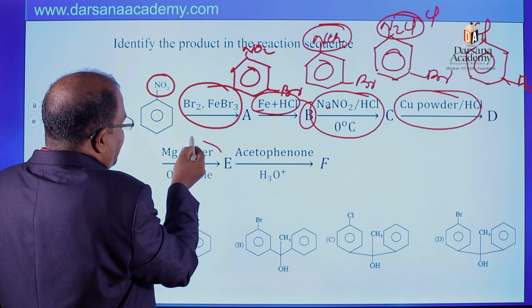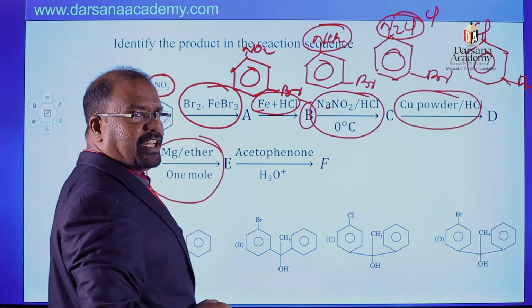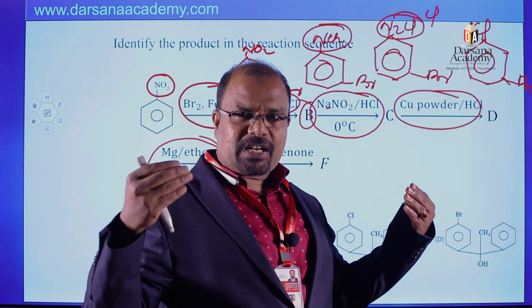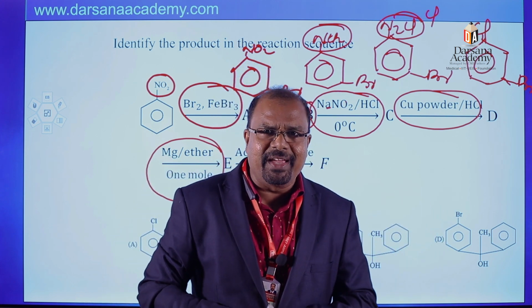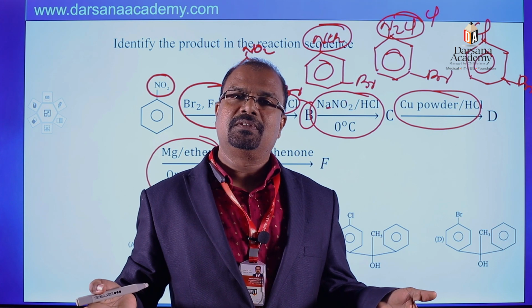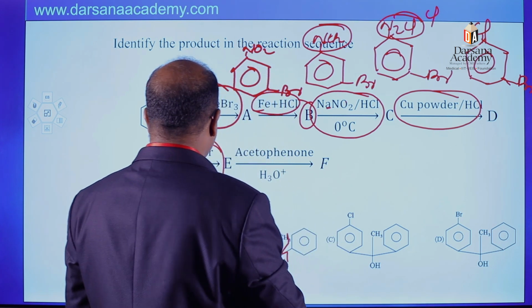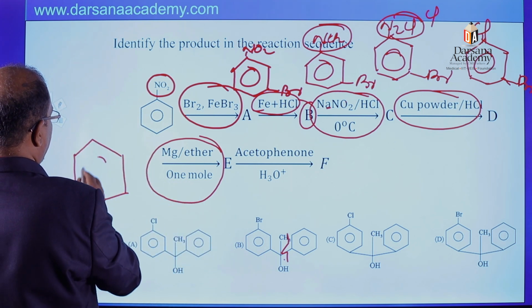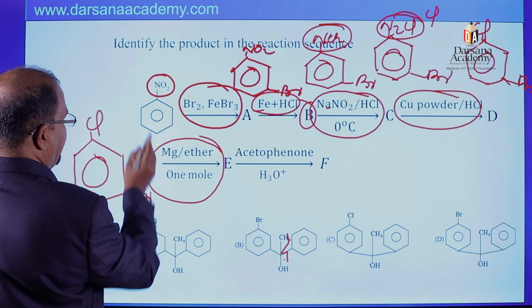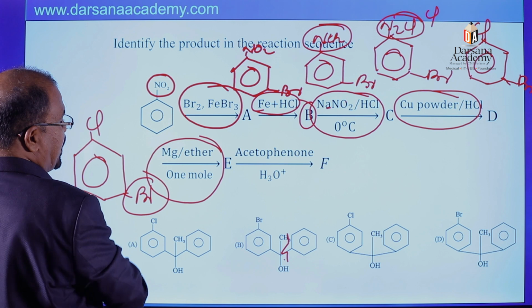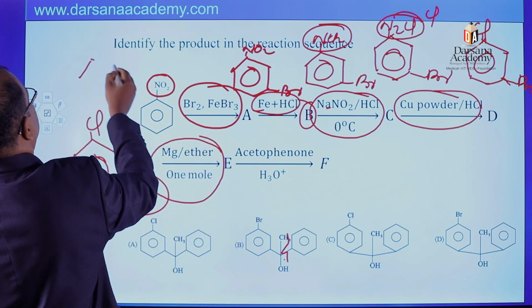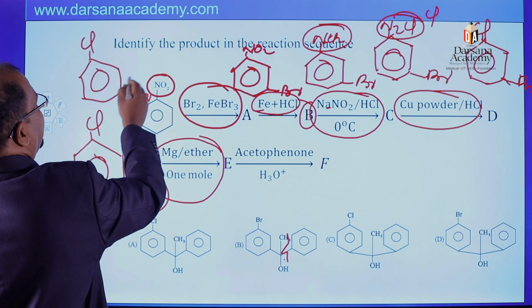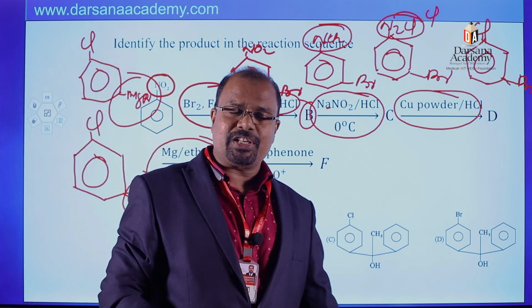Then the next reagent is magnesium and ether. Here we have an aryl halide. Aryl halides and alkyl halides react with magnesium in the presence of ether to form a Grignard reagent. So E is the product like this. Here is chlorine, and the leaving group is bromine, so instead we get the product like this: chlorine, then MgBr. That is the Grignard reagent. Then we go to the last part of the question.